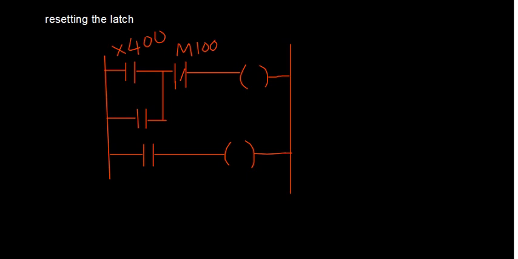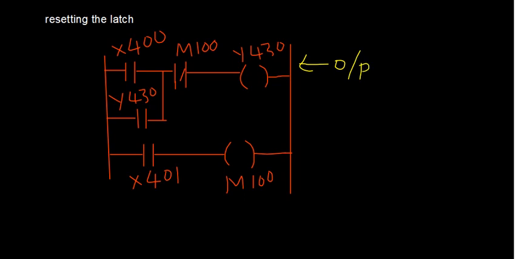Then here this is Y430 I will take. This is Y430. Then this is also Y430. Latching operation, since we have already discussed it, right? So there should not be any problem in understanding this. Let me take up one more input here, which will trigger your M100 here. So now please see here, in this case this is the output and this is the internal relay.